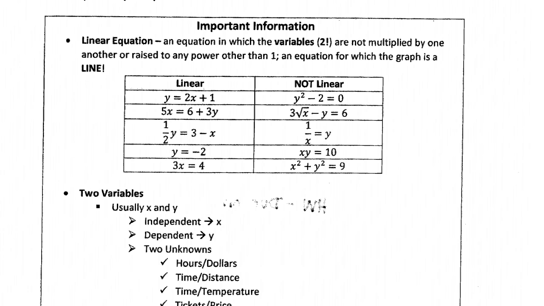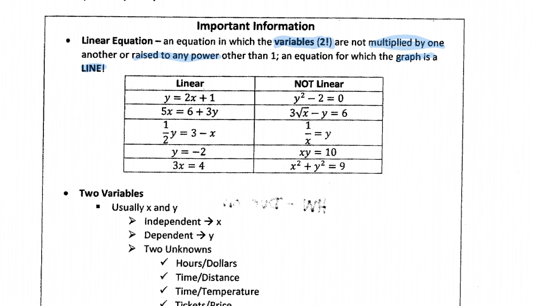Okay, so Unit 4 is all about lines, graphing lines, writing equations of lines. The first part is to figure out if a linear equation is linear or not. As we can see in the definition here, a linear equation is an equation in which the two variables, x and y, are not multiplied by one another or raised to any power, and the graph is a line. So here's the important part: not multiplied, raised to any power,